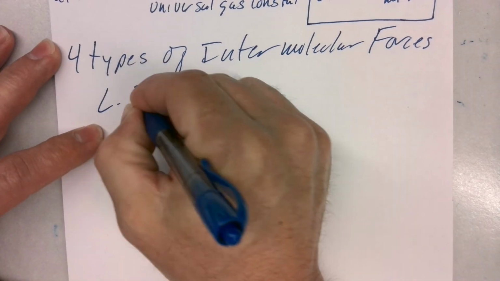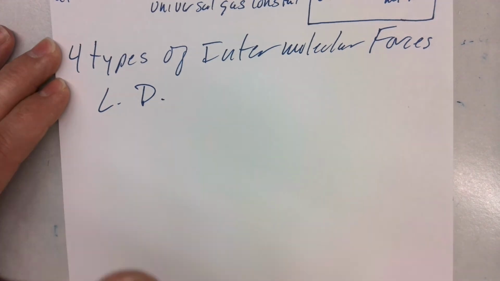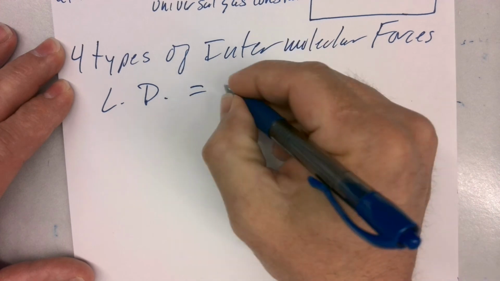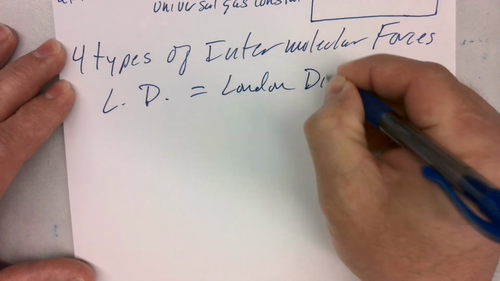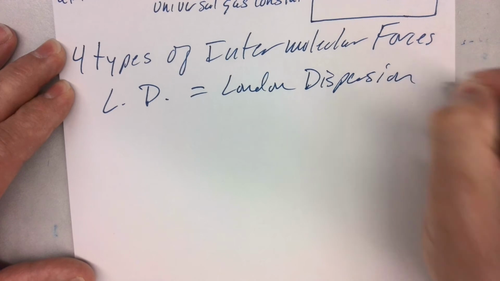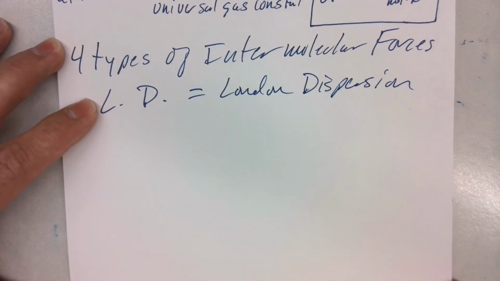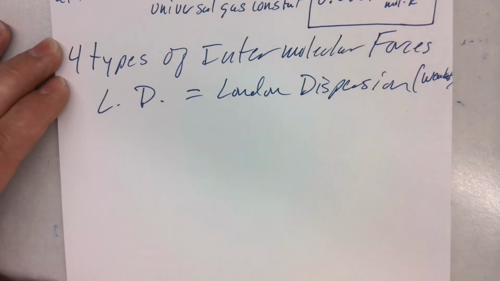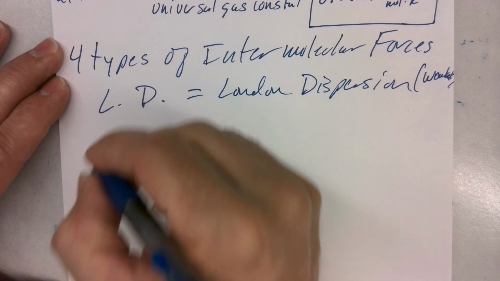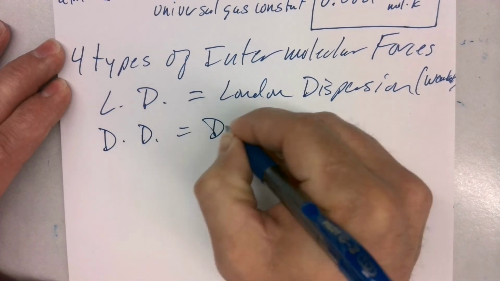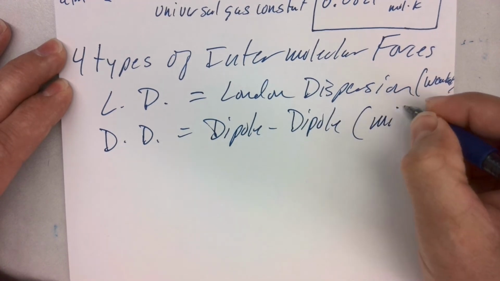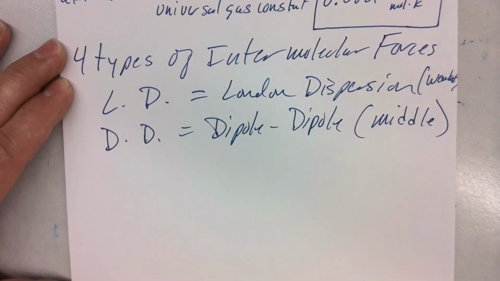Okay, so I had London dispersion. You know what? Let me write these out. So LD was London dispersion. And does anybody remember where they fell? London dispersion was like the least amount. Yeah, these were the weakest. Okay, and then what was next? Anybody remember? Then I had DD, which stood for dipole. And they were in the middle. Okay. Then anybody remember the other one? Main one we talked about?